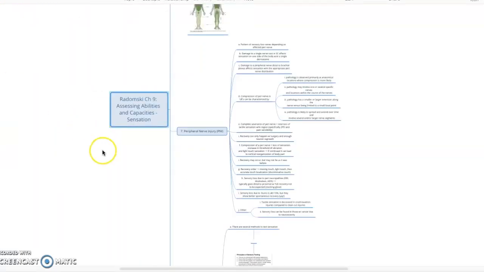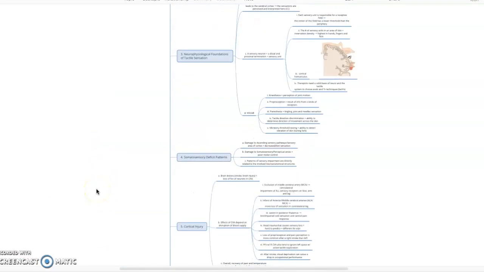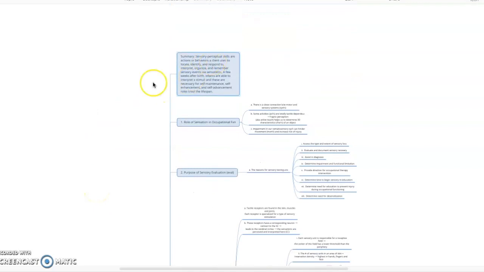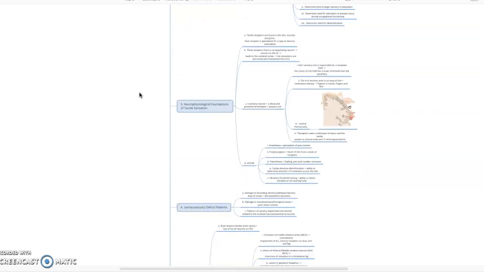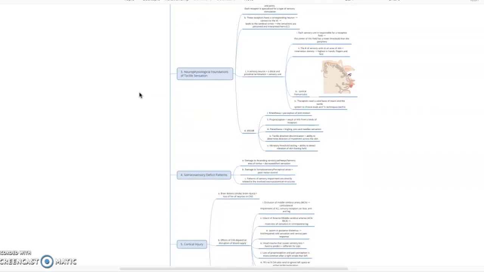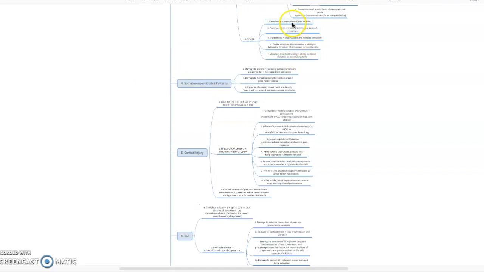All right, and next is sensation. So here's our first one, which is assessing abilities and capacities for sensation. So summary of the chapter, and then we go into the role of sensation in occupational function, the purpose of the sensory evaluation, neurophysiological foundations of tactile sensation, which is great. It includes some vocab, just basic stuff that sometimes you just forget. So good to go back and look over that because you would hate to miss something as easy as that